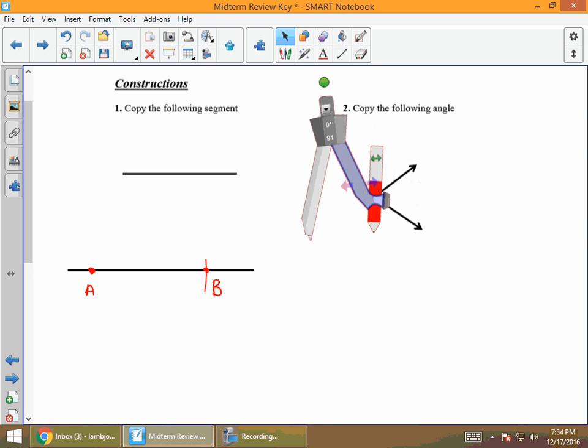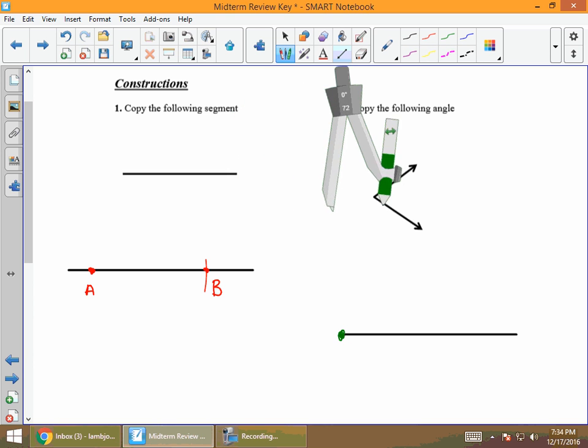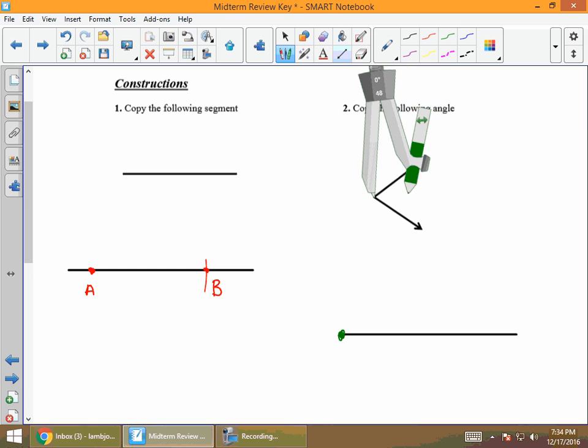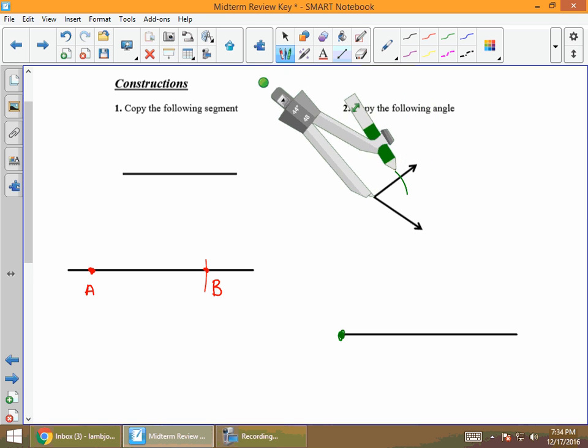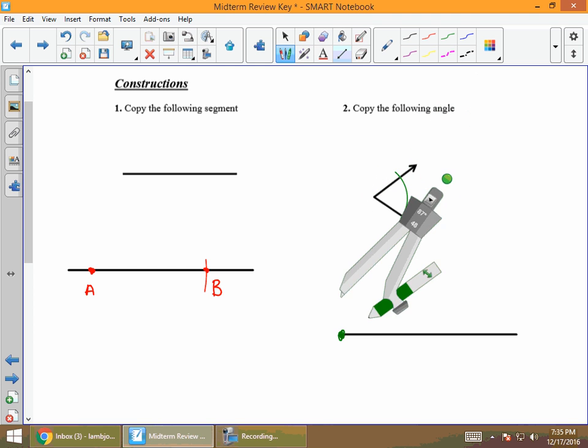All right, the second one wants me to copy an angle. It's going to start out very similar. I'm going to start out with a given line and a point on that line. I'm going to put that point there at the end. First thing I want to do is put an arc that goes through my angle. I'm going to transfer that same arc